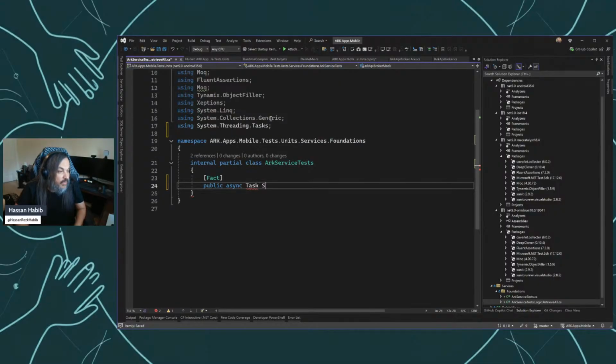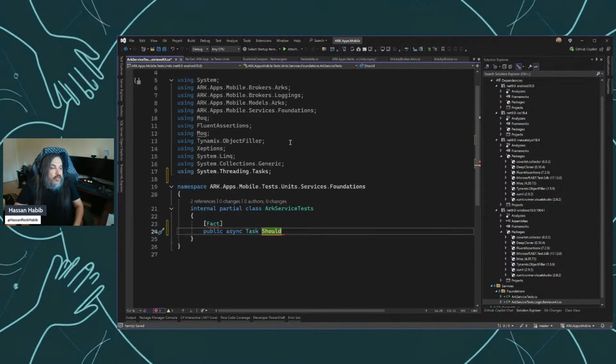You're probably going to want to be careful, since we have all these different platforms loaded into the system. You probably really want to be careful when it comes to what you're pulling as types, because these types now are being shared across multiple platforms. It could be an Android, it could be whatever. So anyway, should retrieve all arcs async